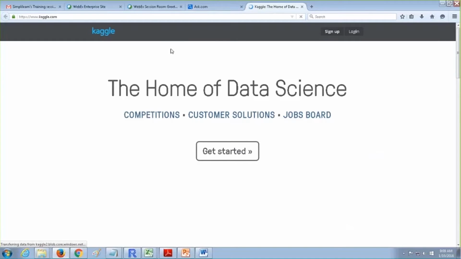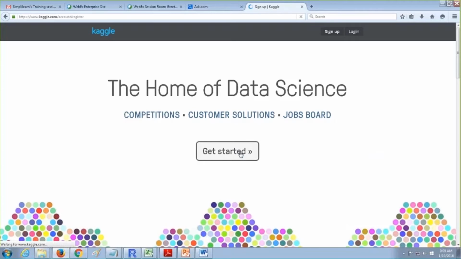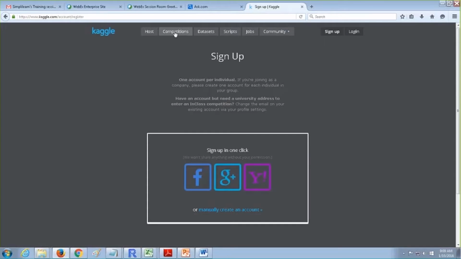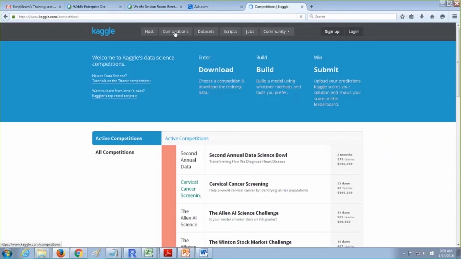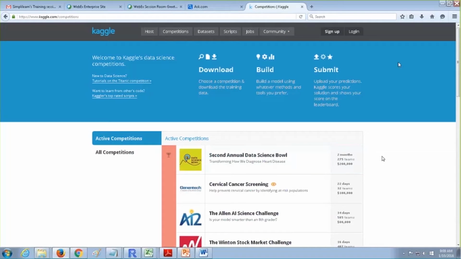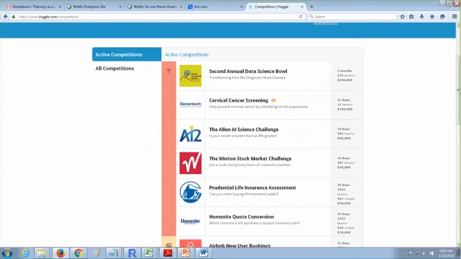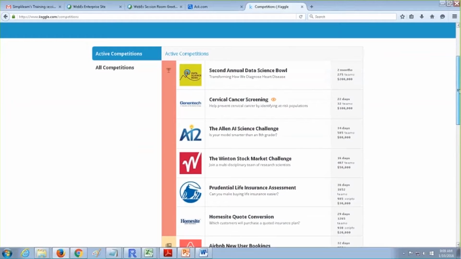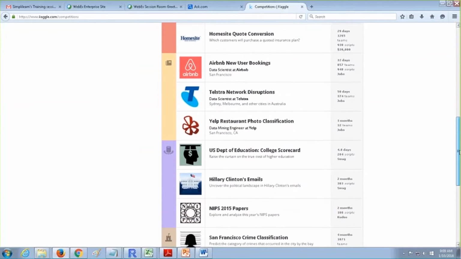In this community, people post whatever questions they have. There are different competitions and you can get different data sets. For example, there are competitions like cervical cancer screening, and they would have given a data dictionary with the data. You have to go through it and solve it.